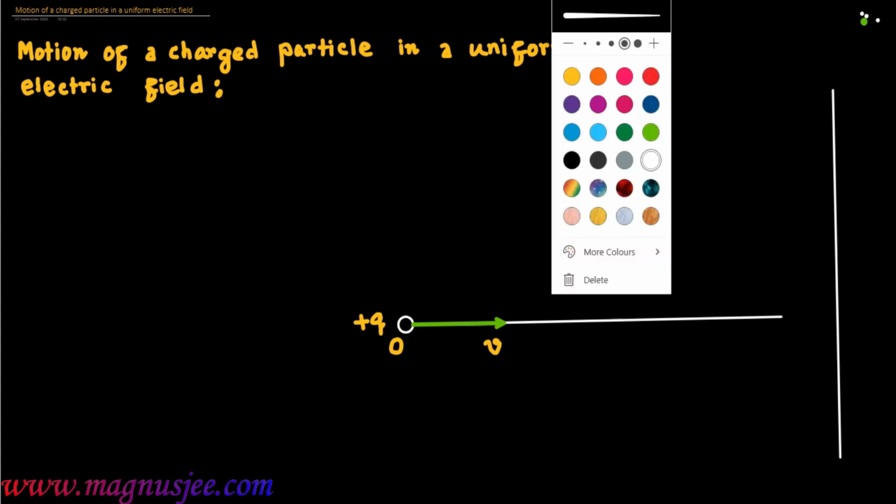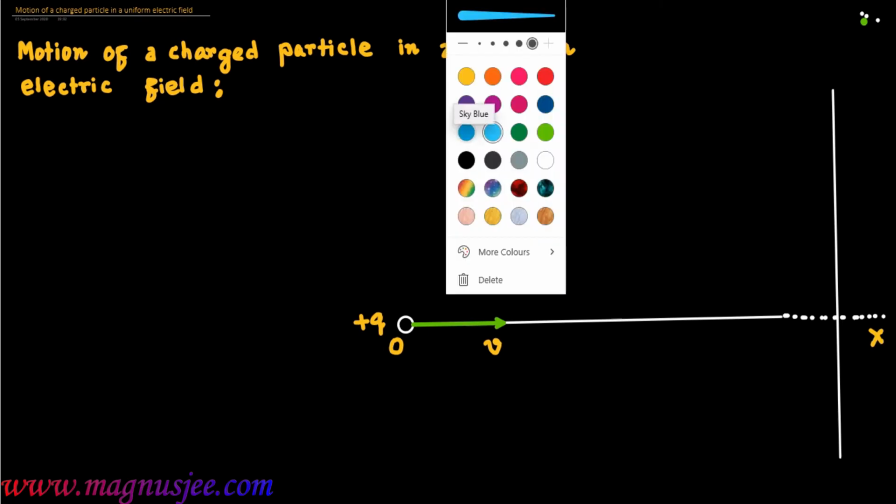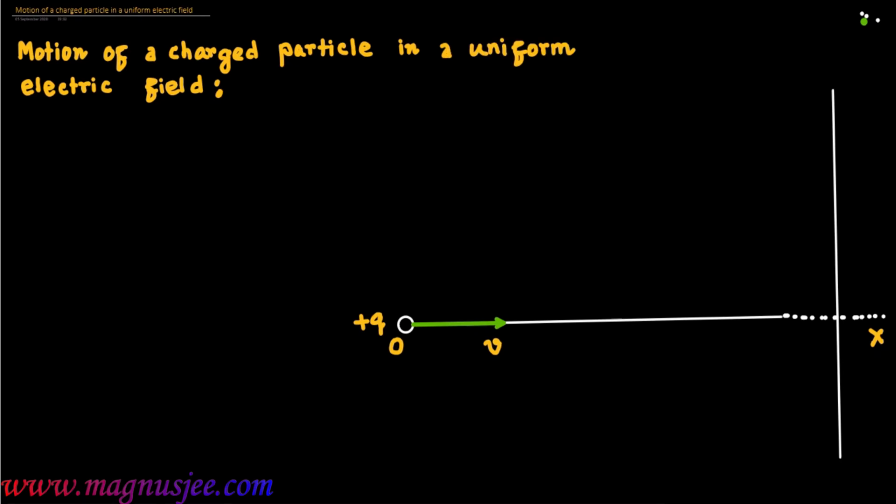And this charged particle is trying to enter. That means the charged particle travels with a velocity v along the direction OX,